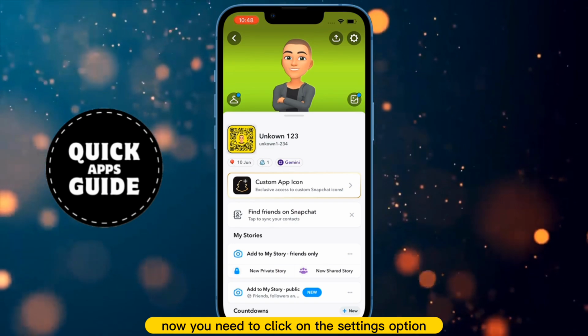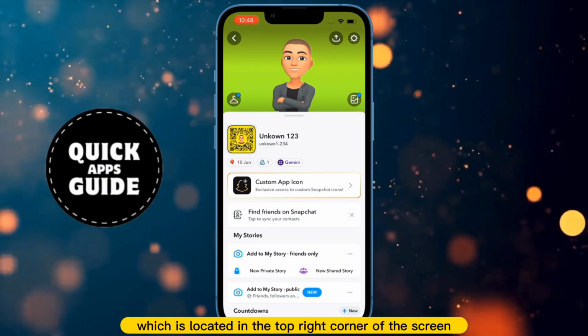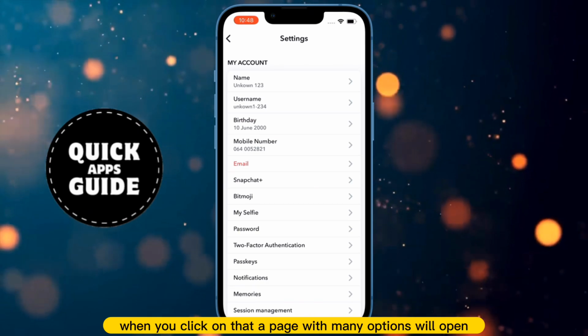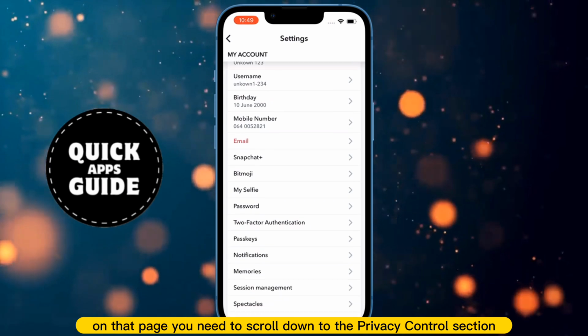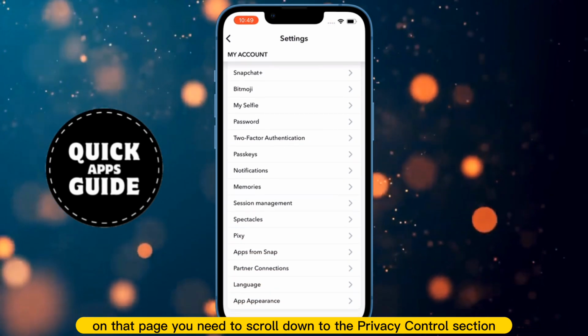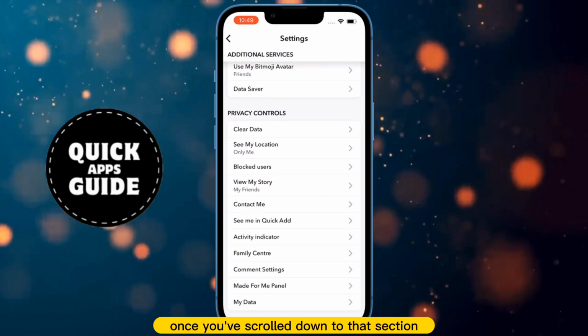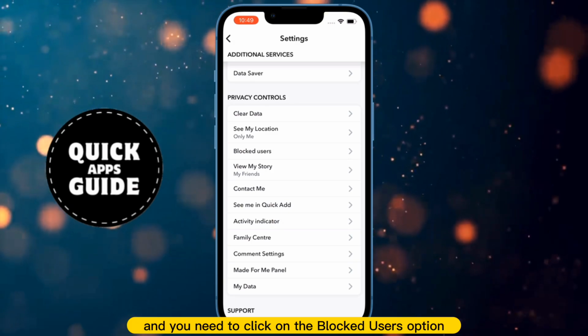Now you need to click on the settings option, which is located in the top right corner of the screen. When you click on that, a page with many options will open. On that page, you need to scroll down to the privacy controls section. Once you've scrolled down to that section, you will see several options, and you need to click on the blocked